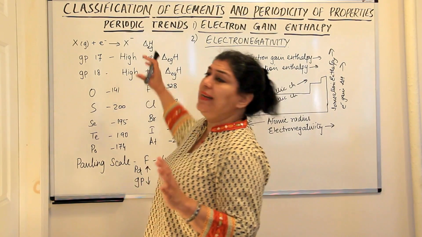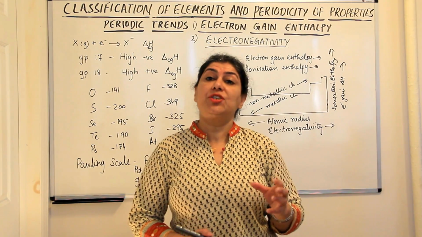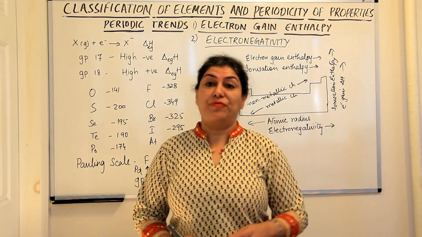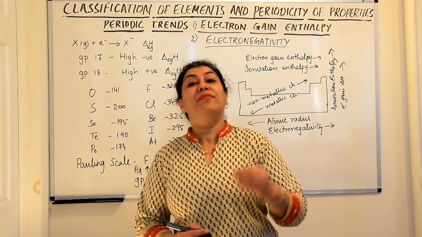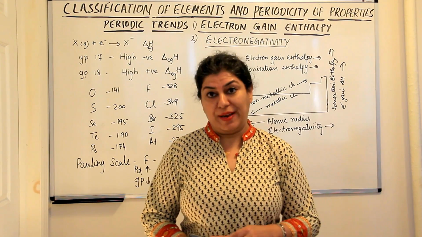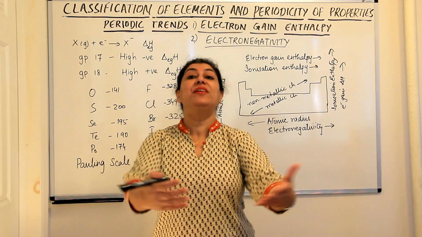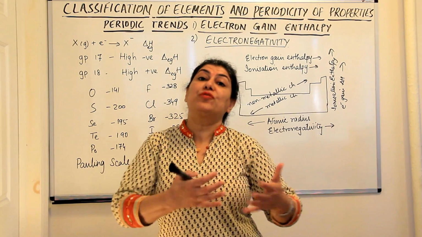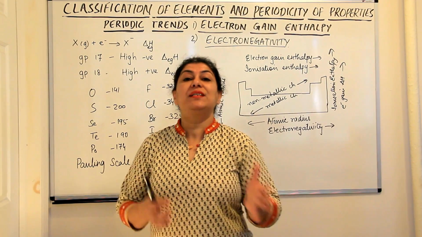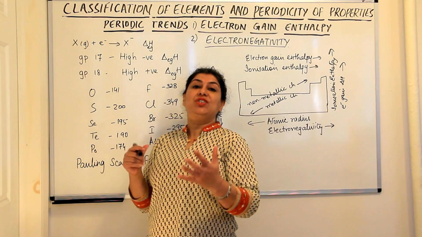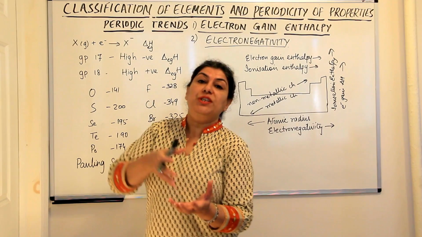So electron gain enthalpy, unlike ionization enthalpy which only had positive values, may have negative or positive values, where a negative value means that this is the energy which is being given out and it is that much stability gained, and if it's a positive value, it means energy had to be given to push in the electron,